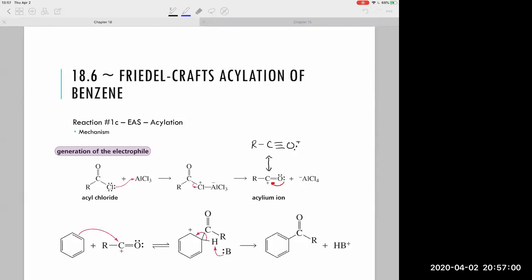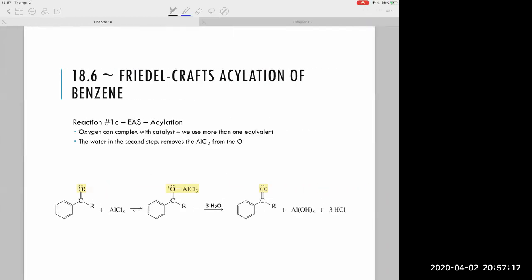Okay, and so this is, again, acylation. And again, I think the hard part here is not the bottom part. That's just a generic electrophilic aromatic substitution. It's the activation of that electrophile that's different between each of these. Okay, and then just note,